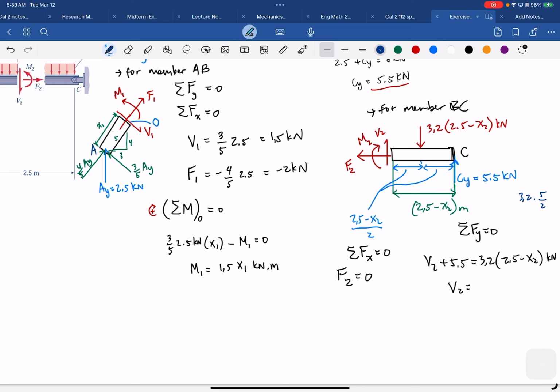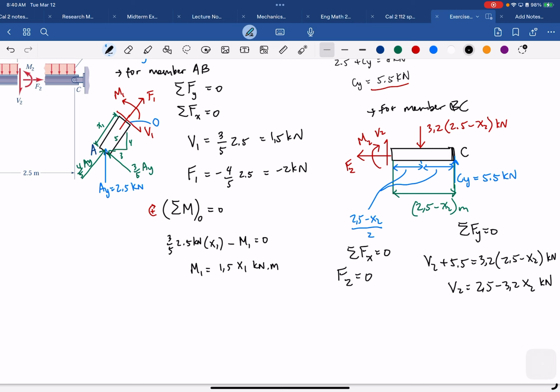Just checking, 1.6 is 8, 8 minus 5.5 is 2.5. So 2.5 positive minus 3.2 x2 kilonewton. So V2 we get,